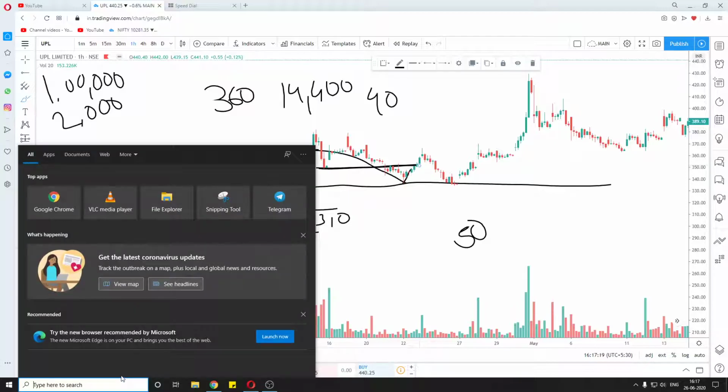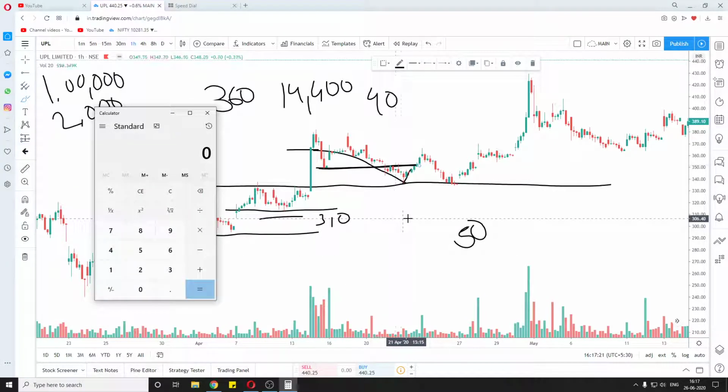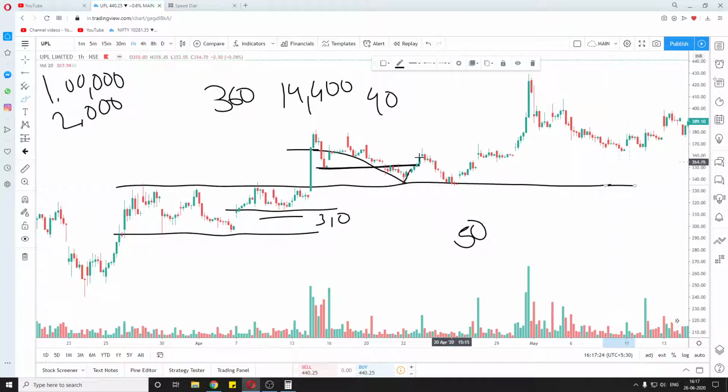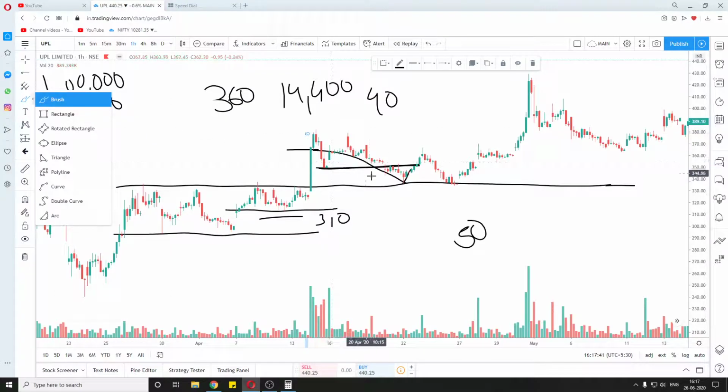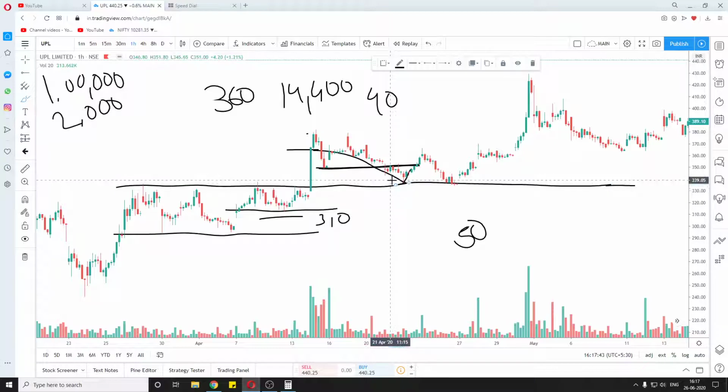So now what happens is, let's say we are adding at 330 and first entry was 360. So let's say our average becomes 340, just for the example. Now our stop loss becomes 30 rupees. So 2000 divided by 30, that is 66 quantity. So we can add some more quantity here, around 25-30 quantity more we can add at the retest. So if the stop loss hits, then it won't be a problem. This is important psychologically as well.